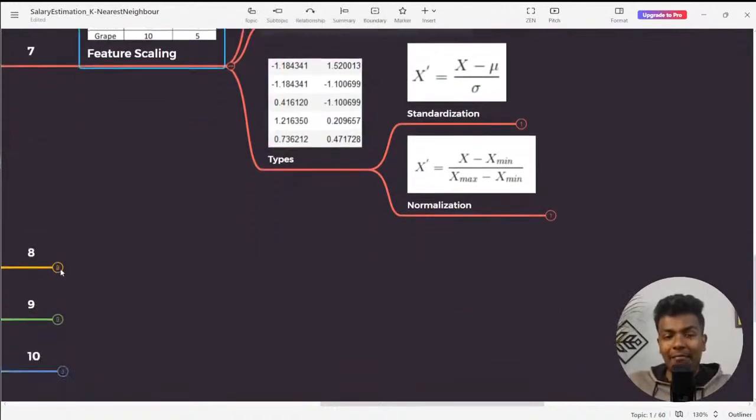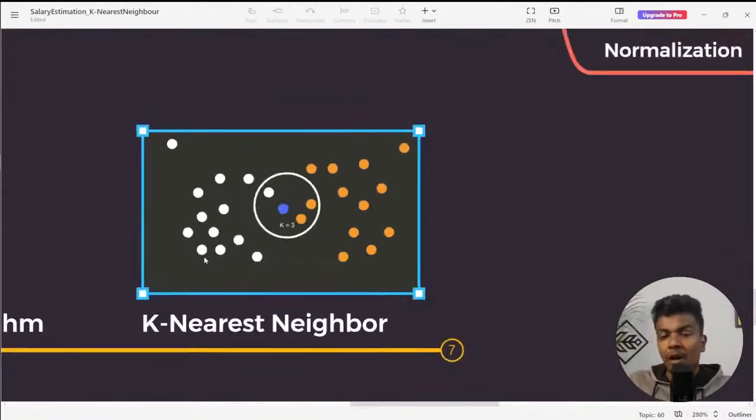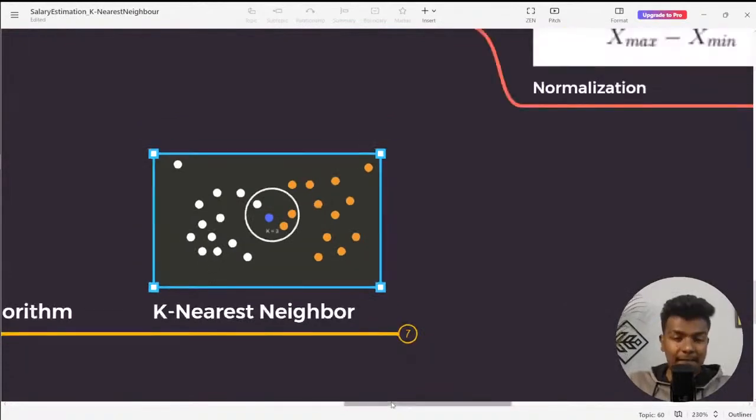Yes, so we are applying the same feature scaling methodology and then we're talking about an algorithm. Today itself, I'll be explaining this k-nearest neighbor algorithm in detail. I hope you're all ready for the algorithm. If you are ready to know how the algorithm really works, post fire emojis in the live chat. The question is how this algorithm can identify or classify the object or classify the results.